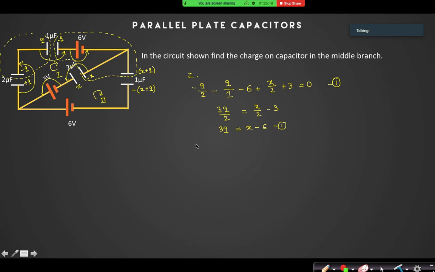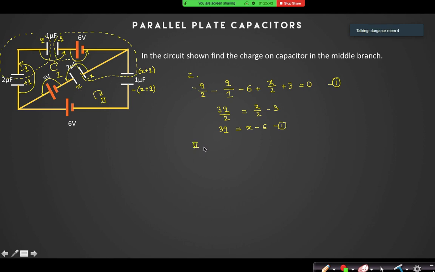That is only my assumption. I have assumed this to be negative. You can assume this to be positive. In that case, you will find it to be negative, right? So it is based on assumption. After calculation, you will find the value of X. If it is positive, your assumption is correct. Otherwise, it is wrong. Yes or no?